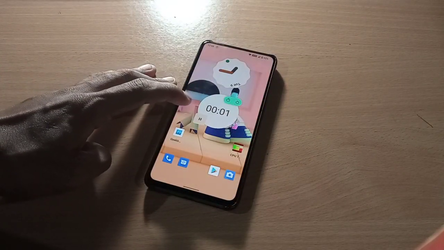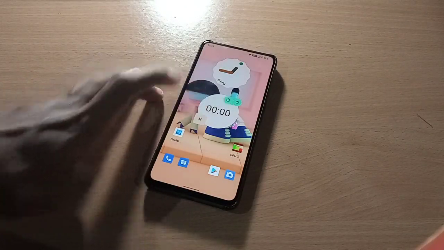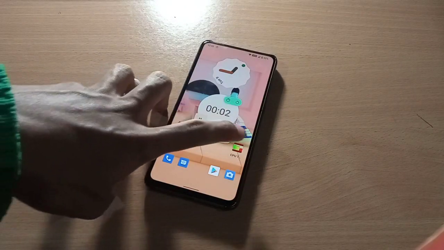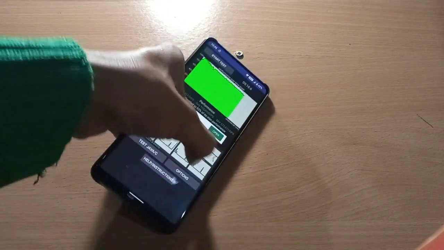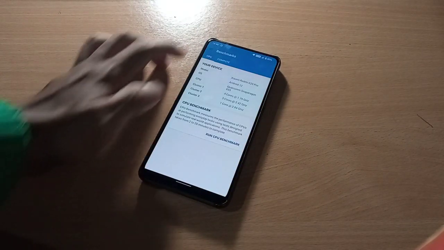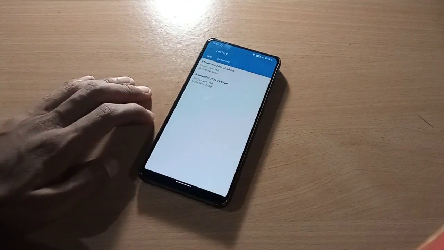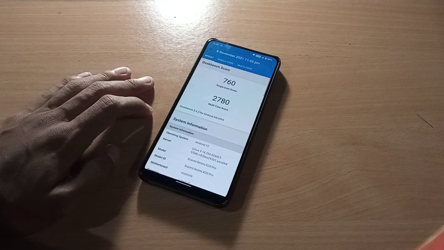Yeah, these are the features you get. These are the widgets you can get in this Syberia. And we have CPU throttling. Let's go and see the Geekbench score. Multi-core score